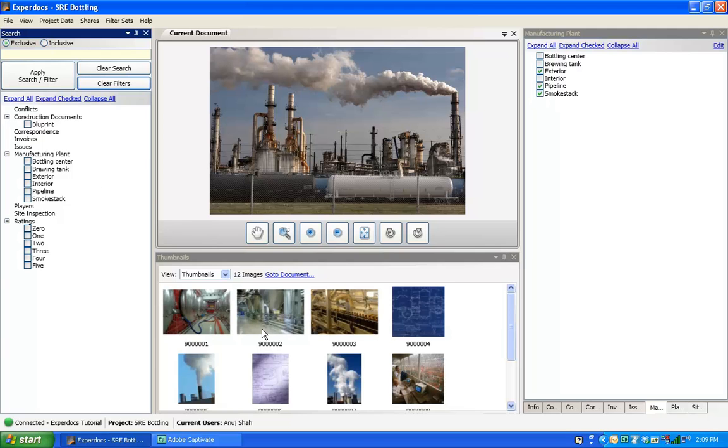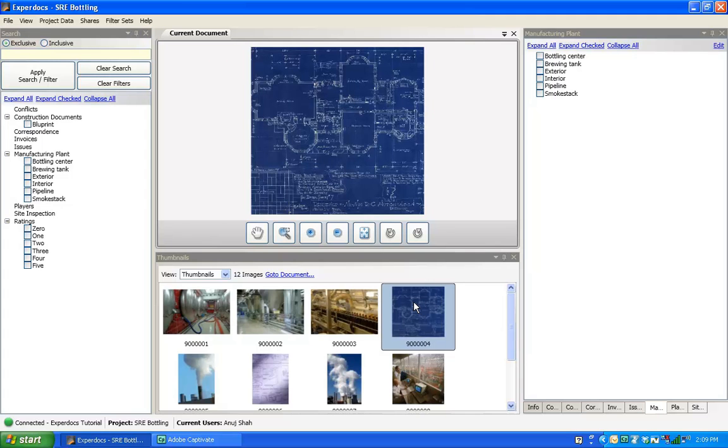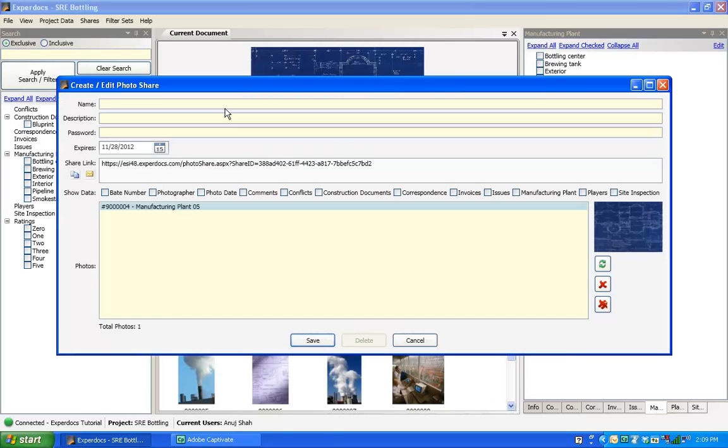Why don't I show you now how to share your documents? So we'll select a document or documents that we wish to share, move our mouse up to the top, click on Shares, scroll down to Share Selected Documents Online, and you'll see a pop-up up here where you can give your file share name. So I will give this a name of Blueprint Brewing Tank,